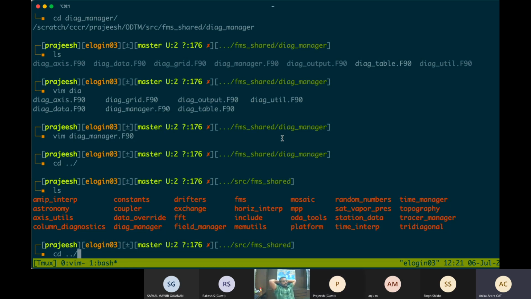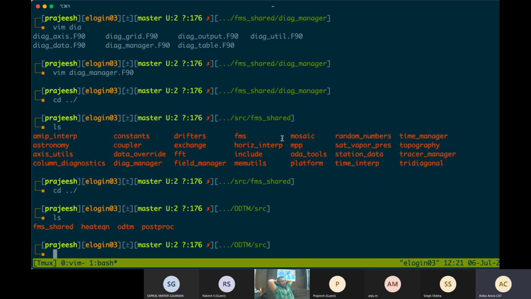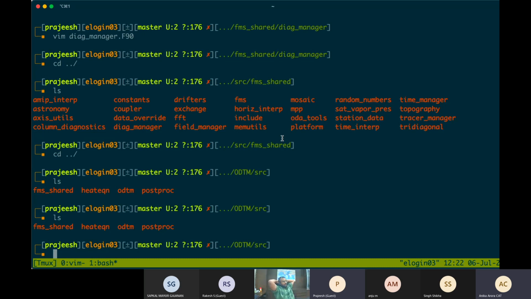Like the left grid and right grid, and the average of that to calculate the value of U at some grid point ij. So there also we are using this addition, right? Yes, we are using it. So that operator is available by default in Fortran.